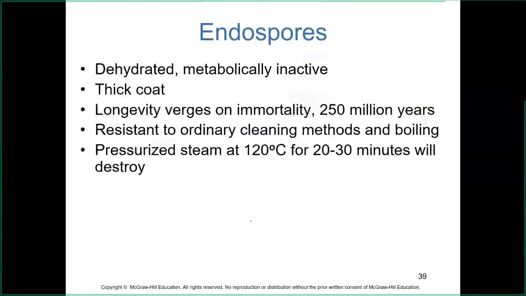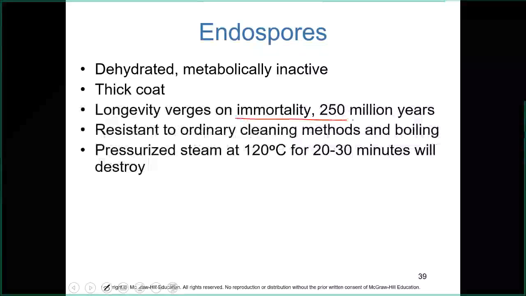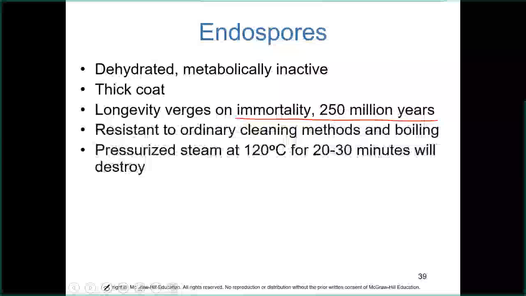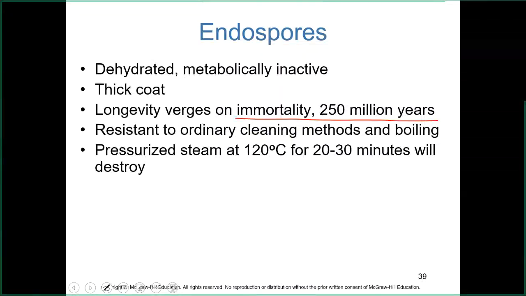So yeah, this describes how they're verging on immortality. I mean, nothing is truly immortal, but 250 million years ago, that to a great extent predates the origin of dinosaurs. So you can have endospores that were produced, sporulation happened with them well before dinosaurs existed, and then they lay there dormant in fossil form, or in a fossil organism,